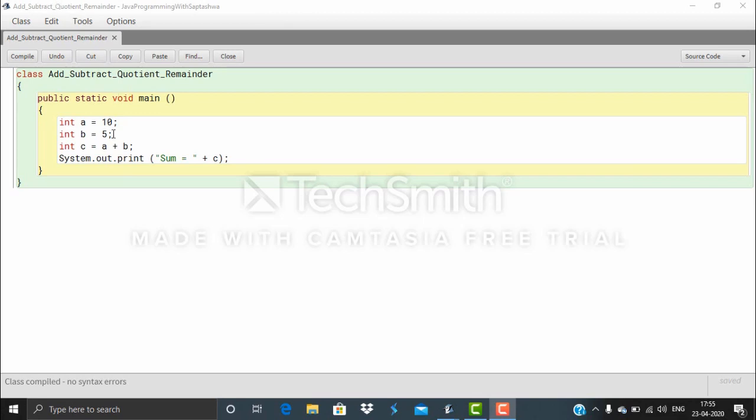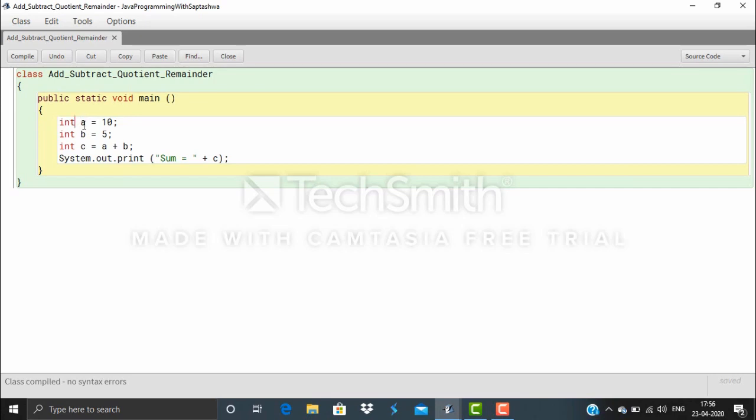Suppose I am given two integer numbers, one 10, another 5, and I am asked to display the sum of those two numbers. Since I have two integer values, I have stored the values 10 and 5 in two variables a and b, both having the data type int.